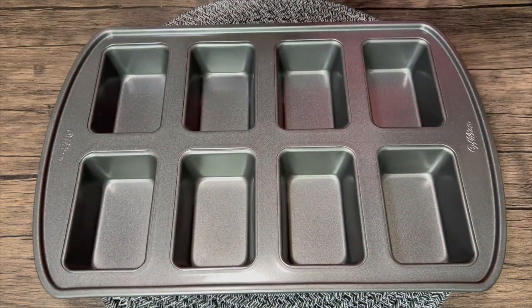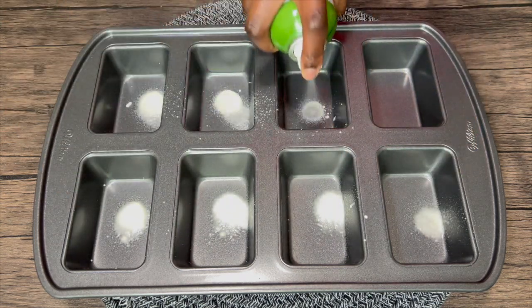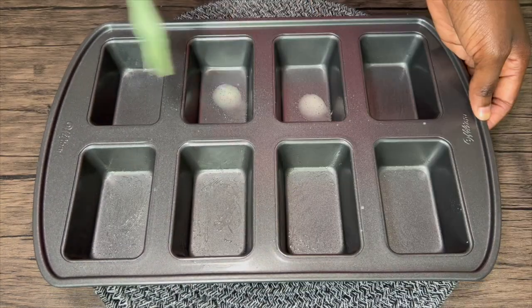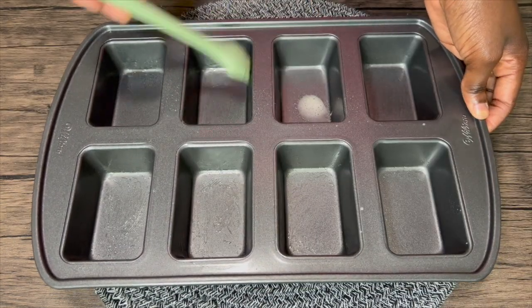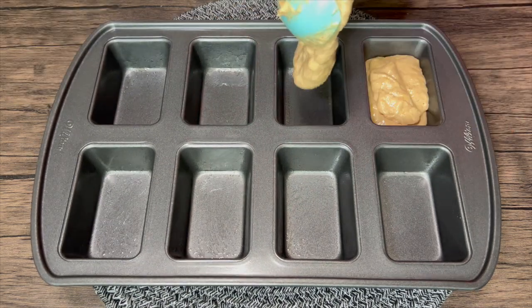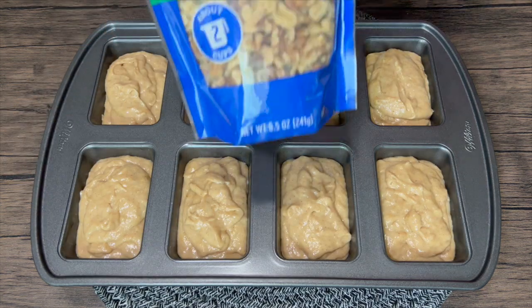So I'm using this mini loaves tin. It's awesome. It just makes the banana bread even better. So grease it. I'm using a non-stick cooking spray. You could also use butter and a little bit of flour to dust it. Just make sure to grease the sides and the bottom,